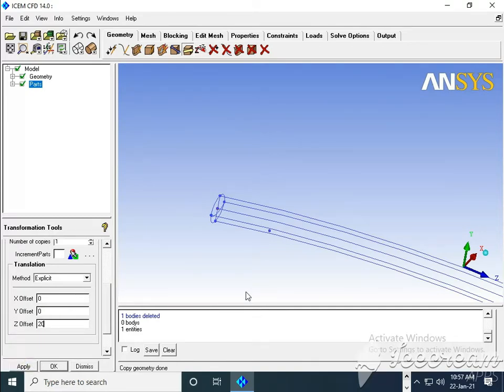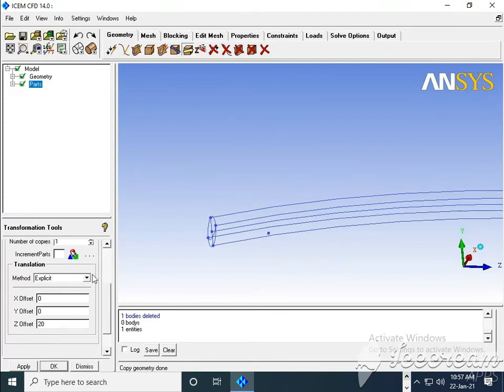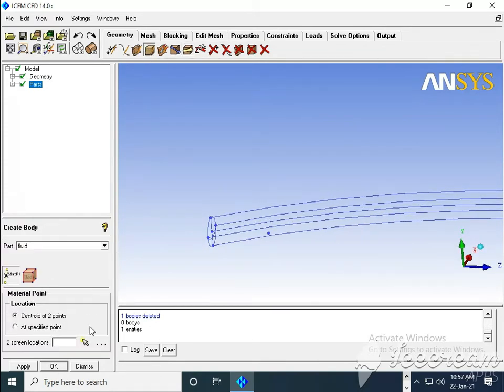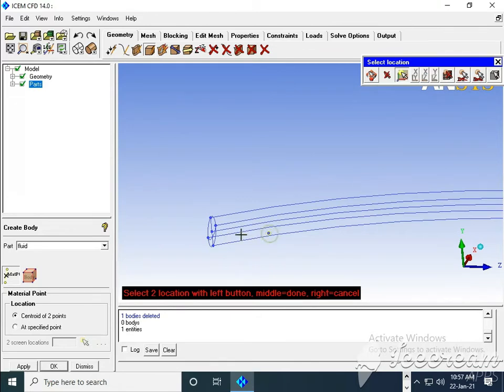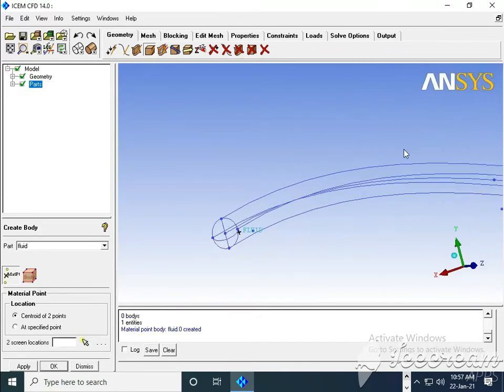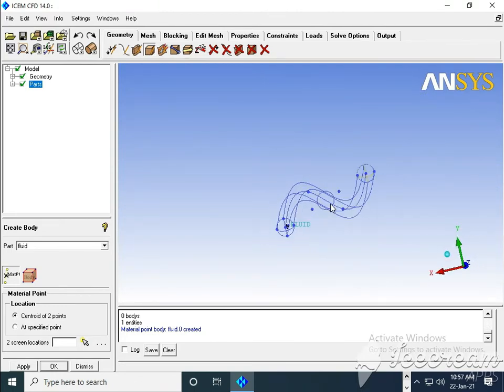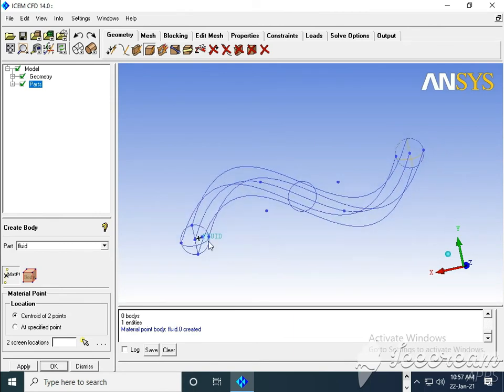Let's see where it will be. Yeah, it is here, but it is inside the volume. That is good. Then fluid, this point and this point. The fluid point should always be inside the domain. That should be the constraint from us.